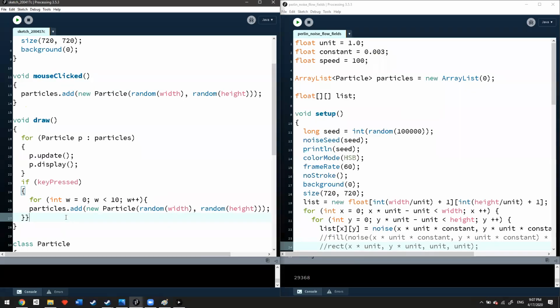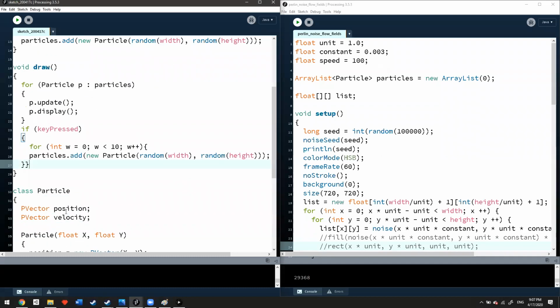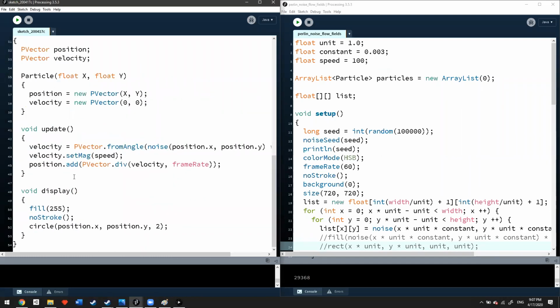That's actually a very good idea, but that's not the case this time. Usually, when you have a very choppy simulation, it's probably either because of the FPS or accuracy. So in this case, it's accuracy and precision. Because if we go into our function here, so velocity dot from angle,